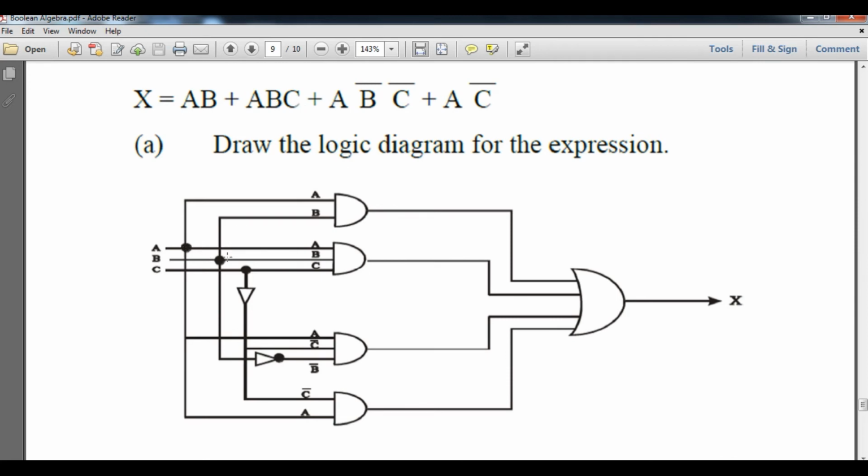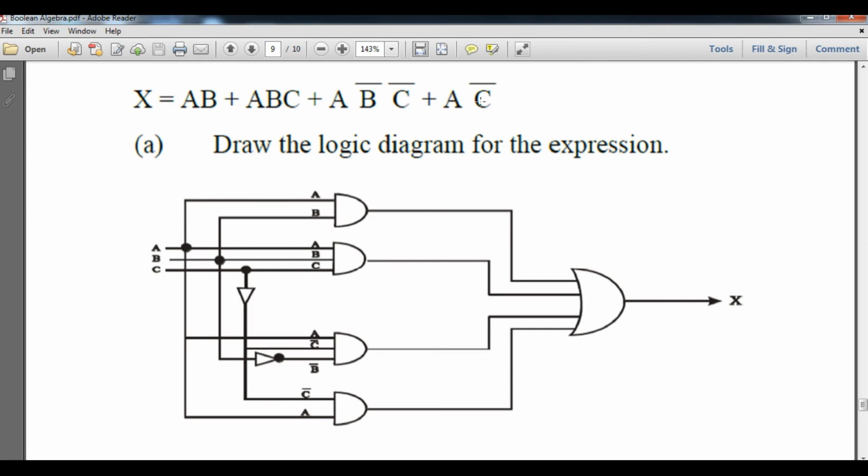And here is ABC, so A, B and C directly will go to this AND gate again. So here will be A dot B dot C or ABC, and then A, B bar dot C bar. So here we have taken one thing, students, we have just passed this C along with a NOT gate, and same way B has passed along with again a NOT gate. So here you can see A I directly pass through here, A signal comes here from here, C signal from here, that is C bar, and B signal again comes here and converts into B bar. So here is A into B bar into C bar.